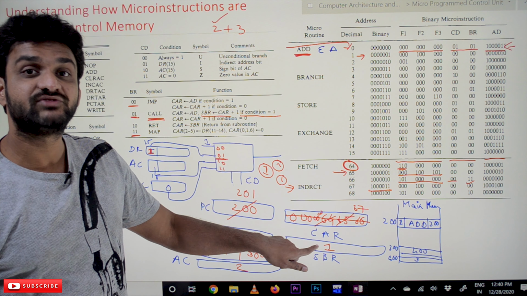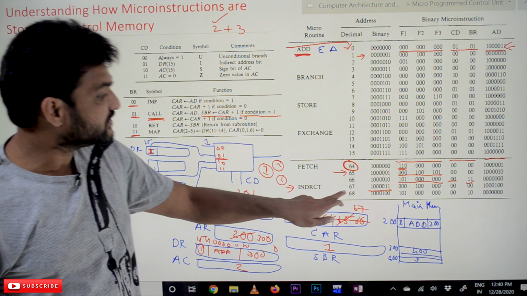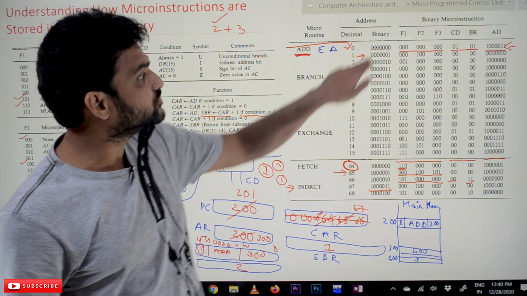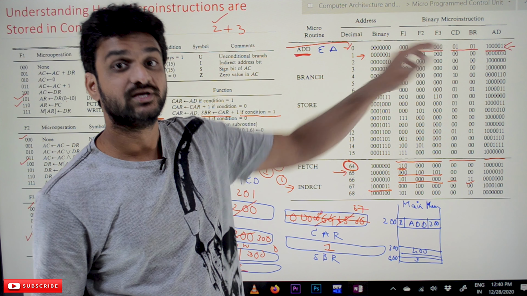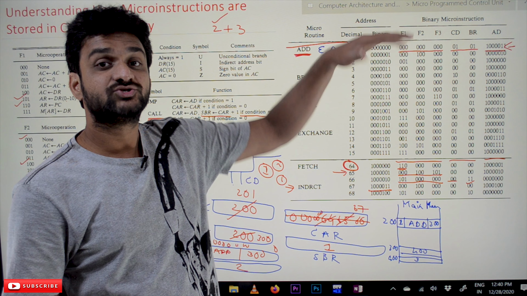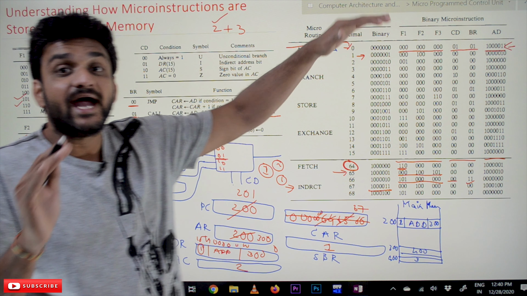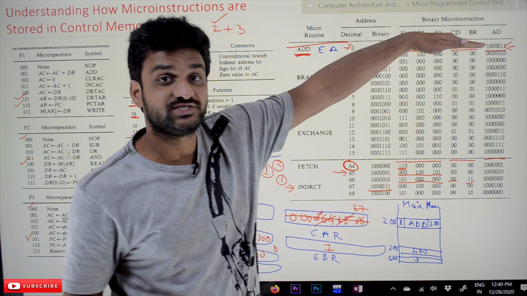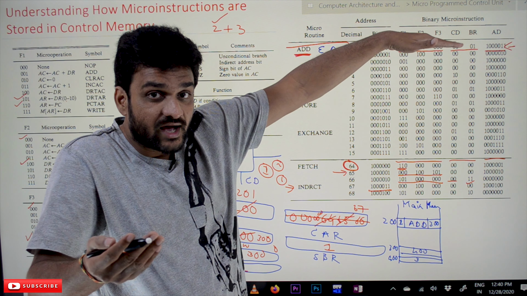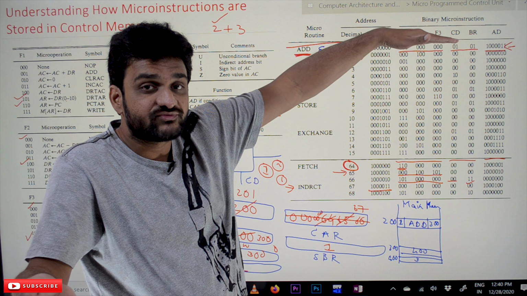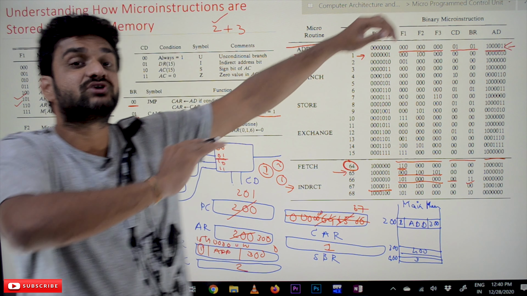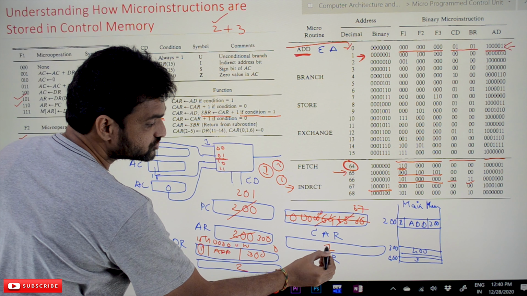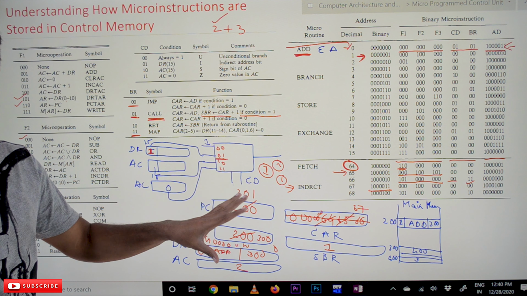Why it is stored with 1 is, after completion of the execution of this function, we have to come back to one microinstruction location so that we can continue the ADD operation. In the process of adding something, we are calling a function. After completing the execution of the function, we have to come back to this location. So that is getting stored in the subroutine register.